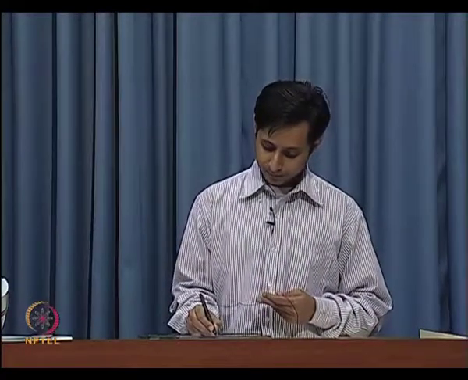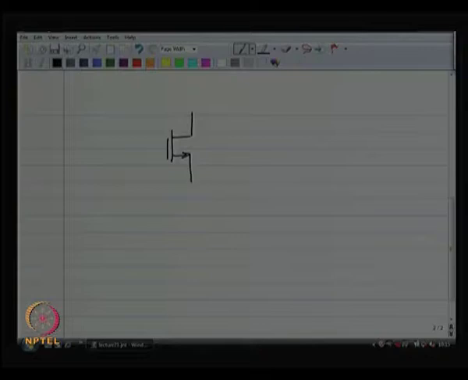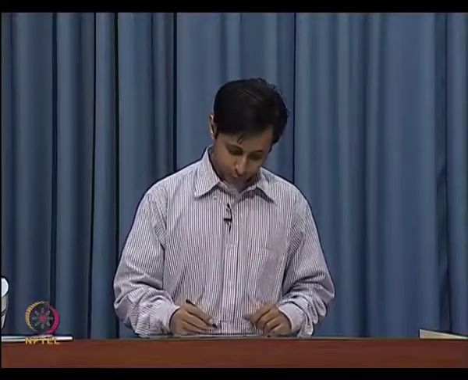So, as far as I remember, we ended the previous class on this note that if you have a MOSFET, this is your MOS device, maybe there is a body, I am just omitting the body for convenience, it does not matter. The channel is really something which is like a resistor, it is like a wire which is filled up with electrons. All of these electrons are bouncing against each other, all of these electrons are jostling, fighting for space, right. So, the channel,